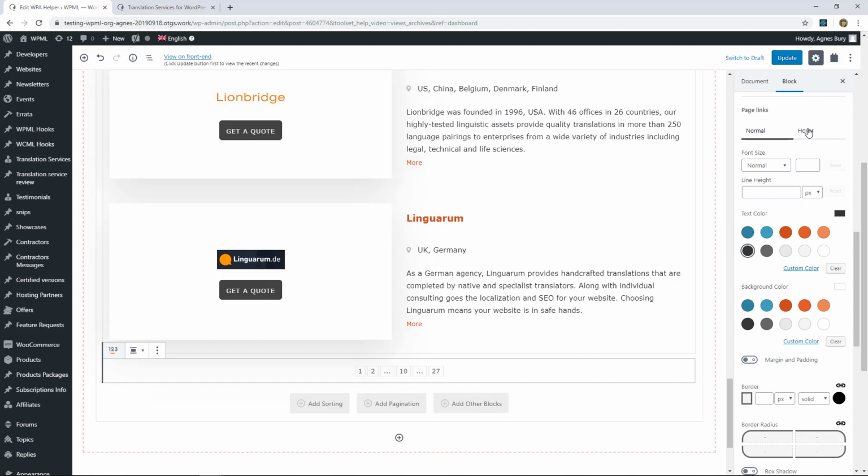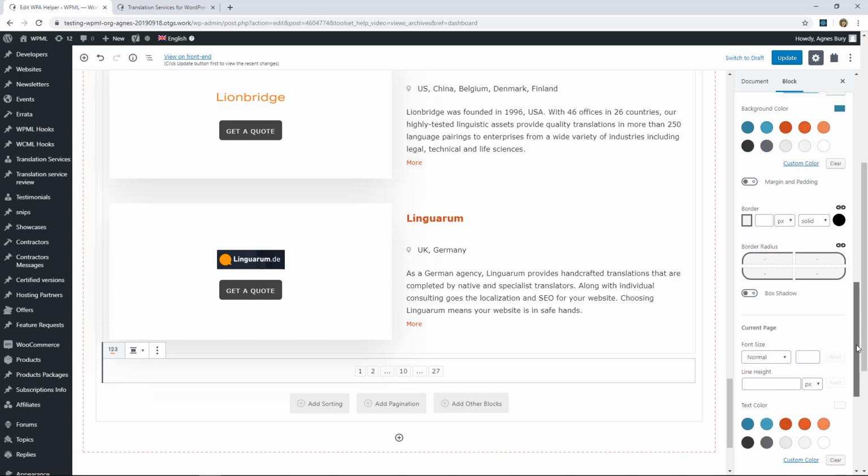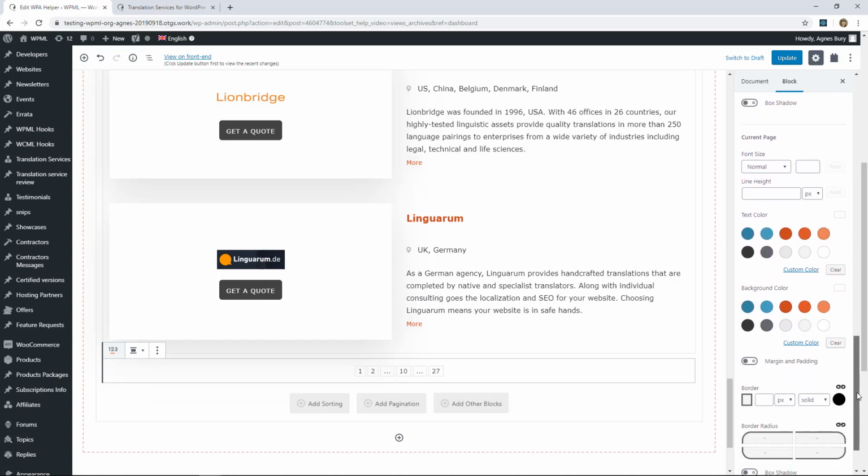I can also add the hover effect. So for the hover, I'm gonna use this blue color, yes, and white text. Okay, and something similar to the current page link, which is here. So I'm gonna set the blue background and the color. Okay,